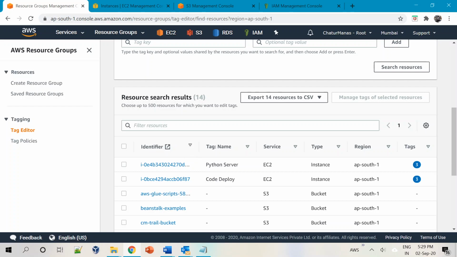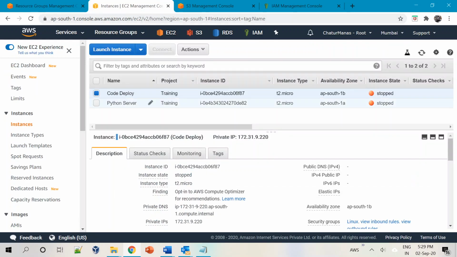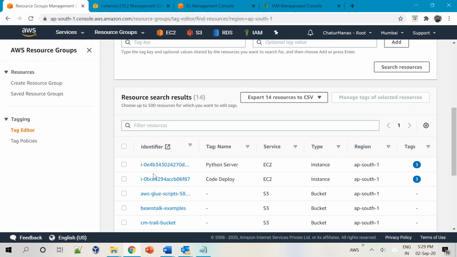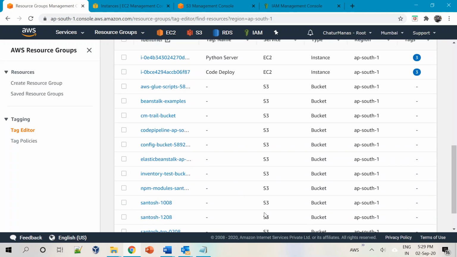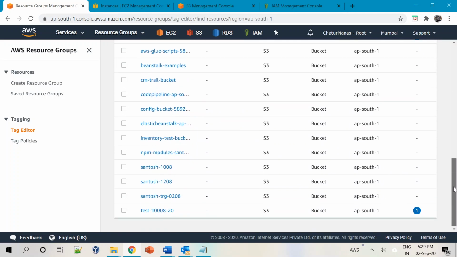You may remember that the Python server did not have a tag called project, right? So if I go to Python server, sorry, it had a project, right? We just added that. And as you can see, the different S3 buckets that we have don't have a tag. So all of them are there.